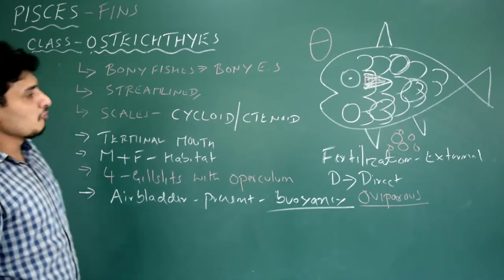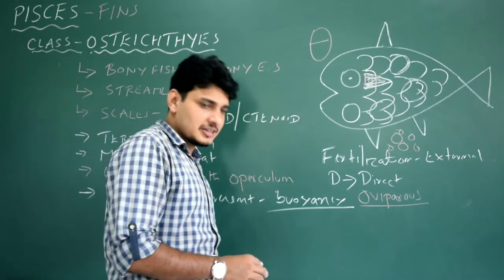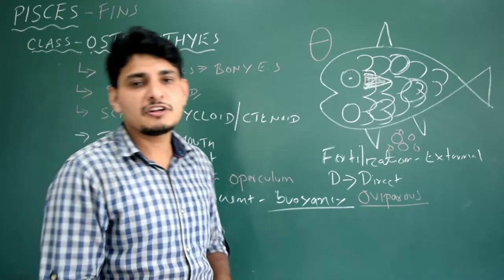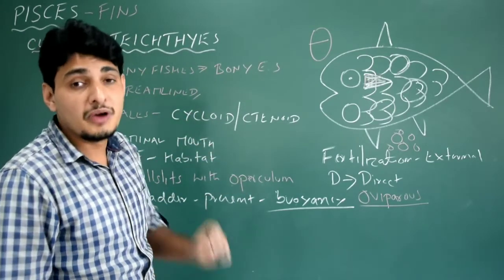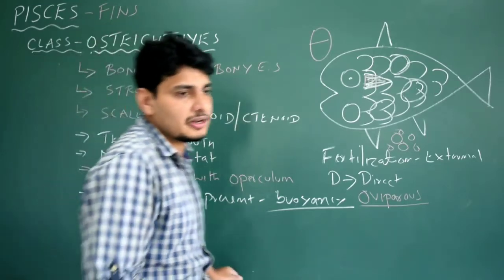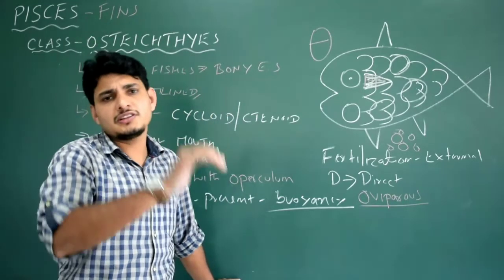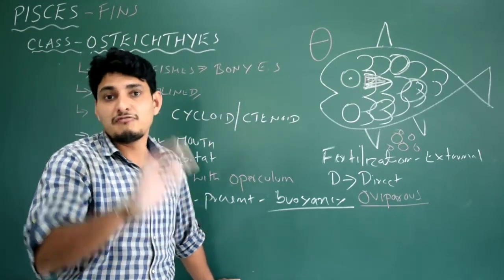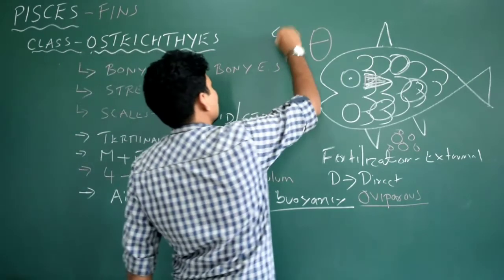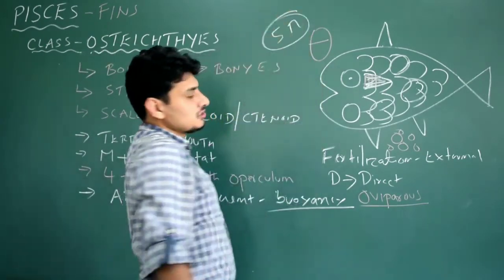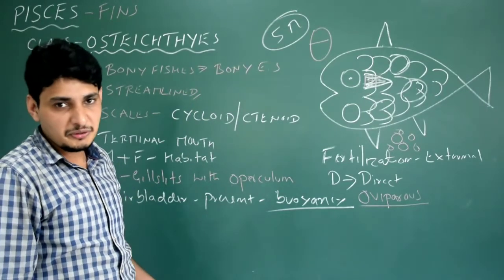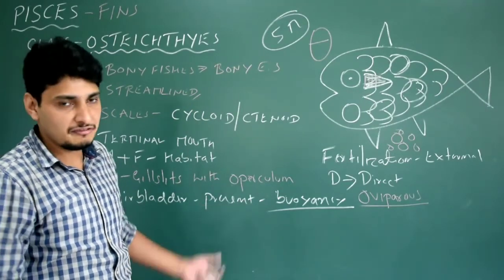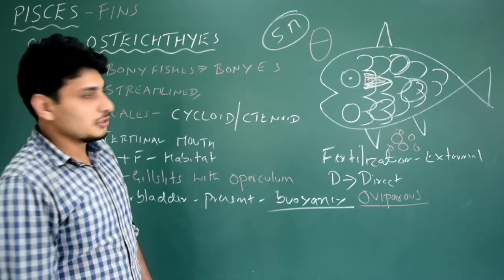So I'm going to give you some work. If possible, you do it. Even it is given in the notes also. You need to differentiate between Chondrichthyes and Osteichthyes. It's a very important question in the examination. You will get a question: Differentiate between Chondrichthyes and Osteichthyes, for 5 marks. I have already explained the concepts of both. Your duty is to differentiate. Watch the video, then differentiate. Okay, fine, easy. Chalo then. Thank you.